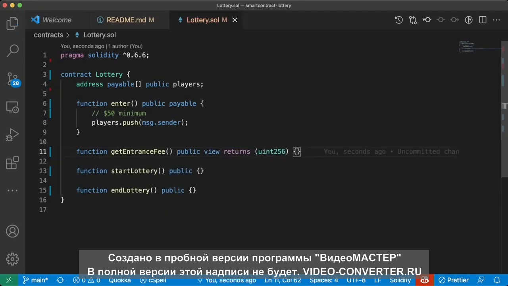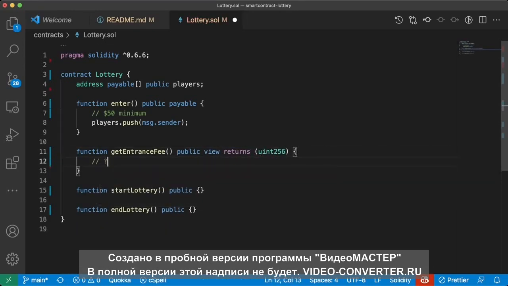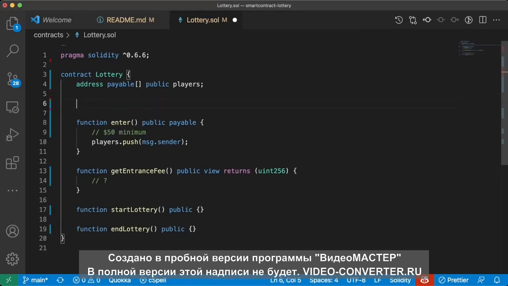To get this entrance fee, we're first going to have stored somewhere what the entrance fee is. We're going to have to store this $50 minimum somewhere. This is something we'd probably want to set right when our contract is deployed. So where can we put stuff like that? Well, in our constructor, we'll do constructor